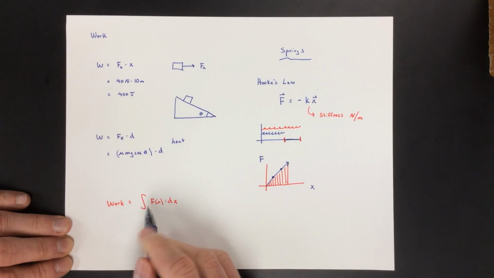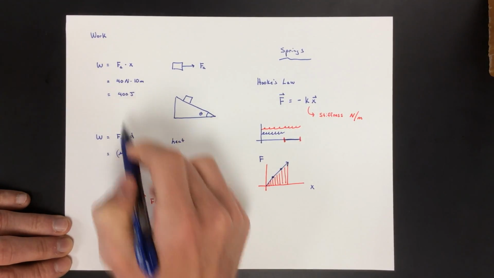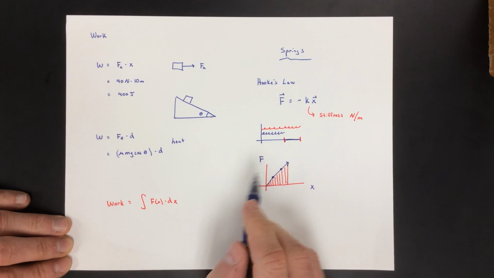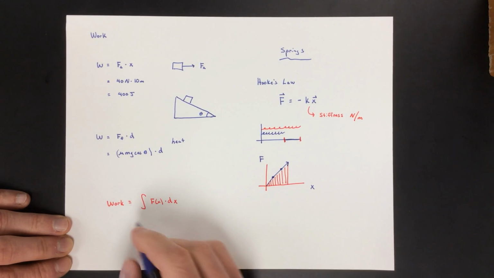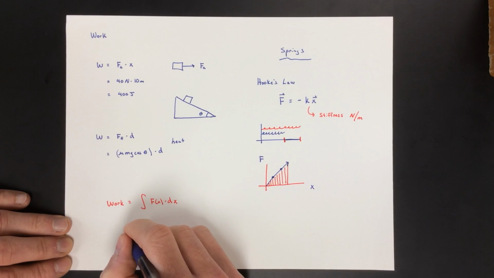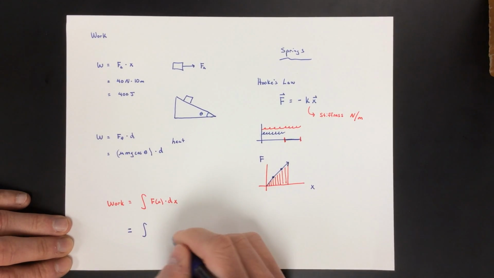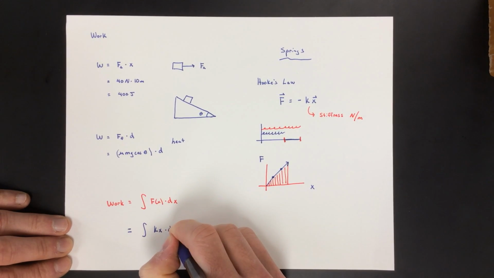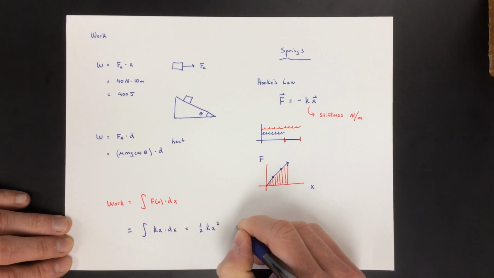And again, if F is constant, well then, yeah, you can factor it out and then you integrate dx and get x, and all of a sudden you get these two formulas. But if the force is non-constant, if the force is somehow related to the displacement, then you have to integrate here. So for the work done by a spring, which is the same thing as the energy stored in the spring, again, the negative sign doesn't do anything other than tell us the direction of the spring force. But if we're finding the work here, we can drop that. If we integrate kx dx, we get 1/2 kx squared, which is the work